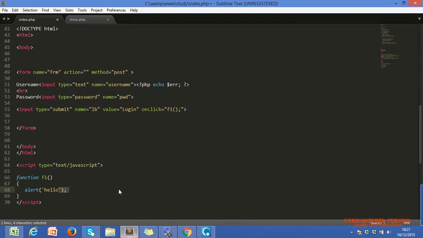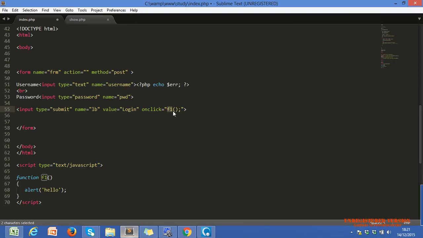Now we call that function here, on the onclick event. On click, I call the function F1. This is the event of our input submit button, and we are calling a function whenever we click the button.